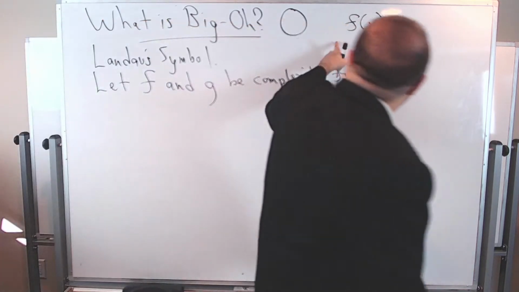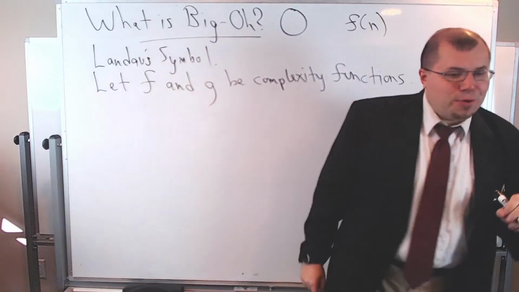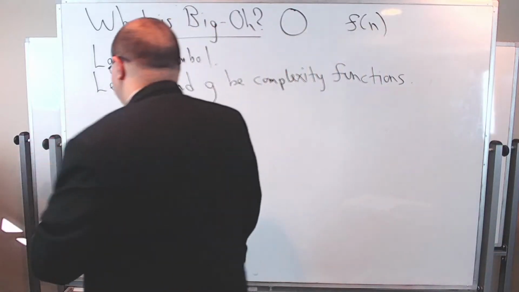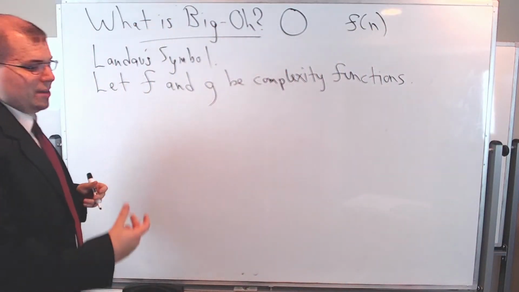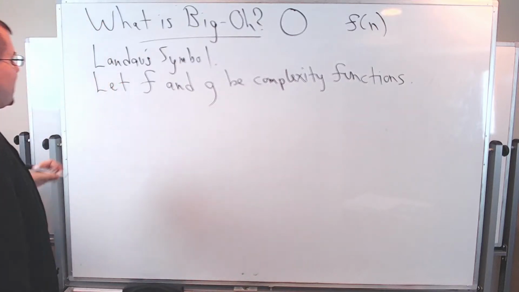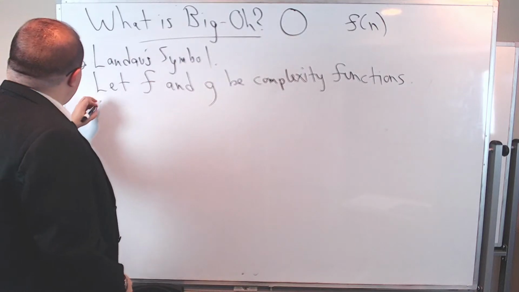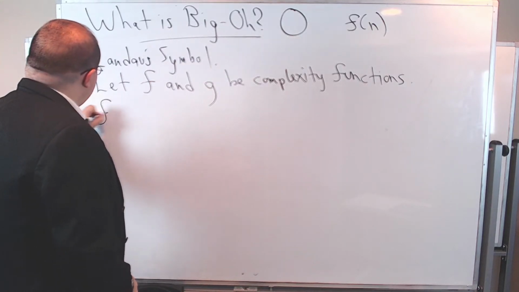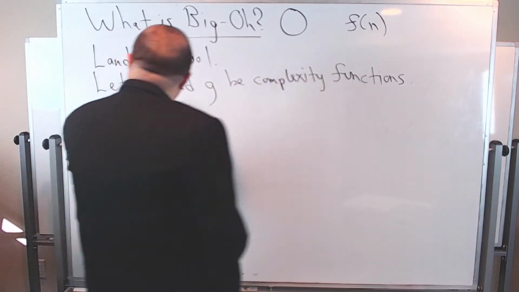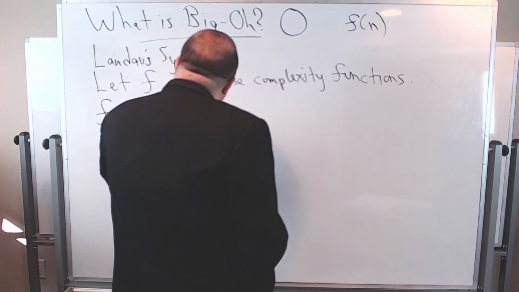This is the input, and f of n as a whole is technically its output. However, some people write it formally like that, just so that it's a shorthand to say what the input is. Okay, so now I have f and g. These are just two functions. Now I'm going to write f is big O of g